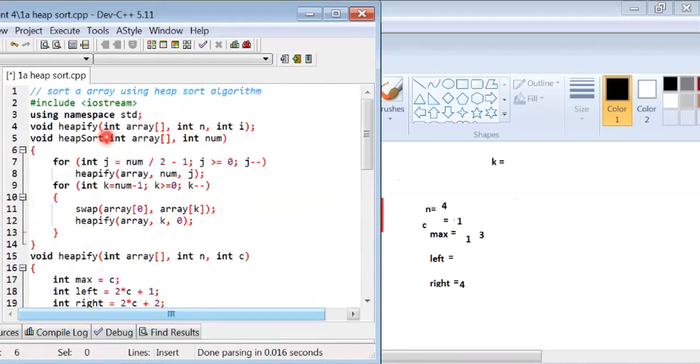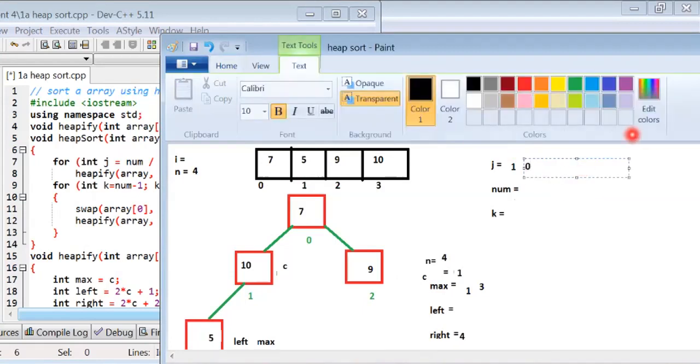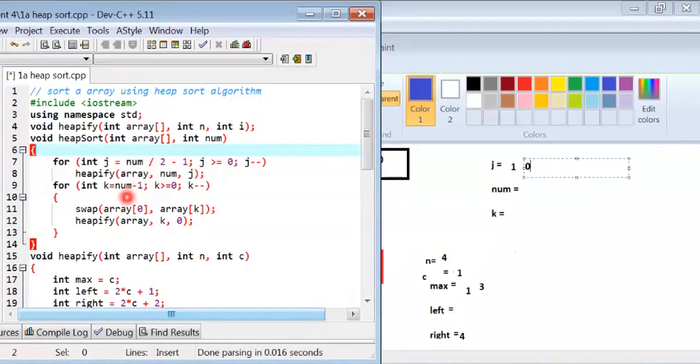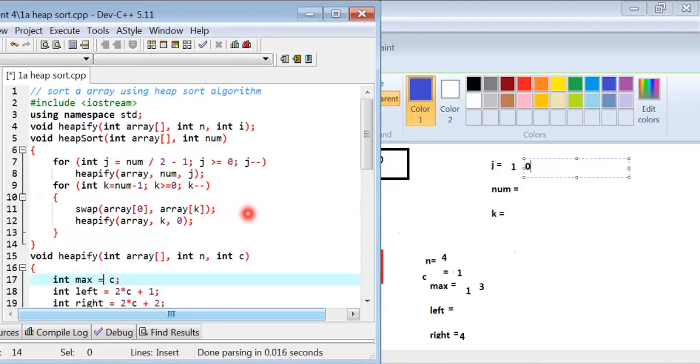The value of j is 1 and j is decremented. Now the value of j is 0. We call the heapify function. This is the heapify function. The n value is equal to num.